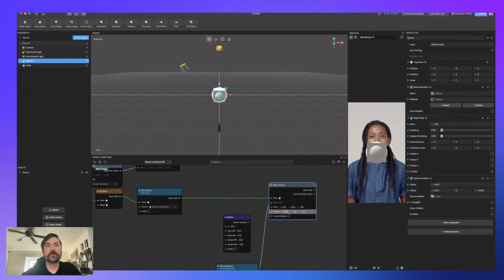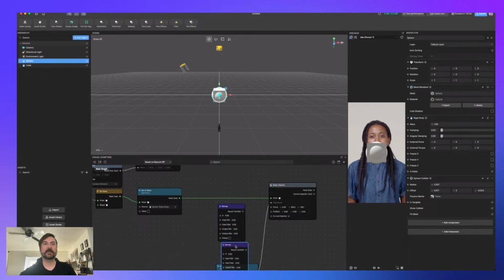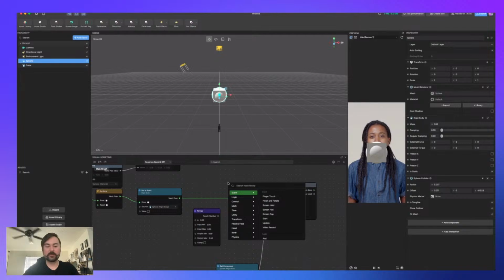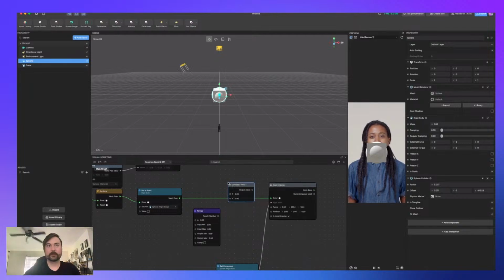So let's take a look. We want this Y to be represented by one of these remaps, and the Z can probably just be -100 or whatever static value. So we're going to need a combine node. And we'll just say -100 is always Z. We can do extra logic if we want to change that in the future. And then what's the minimum? I guess 0 is the minimum.